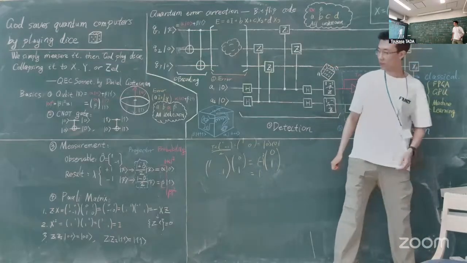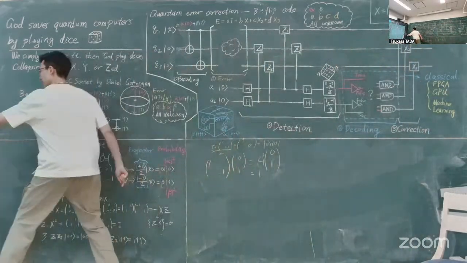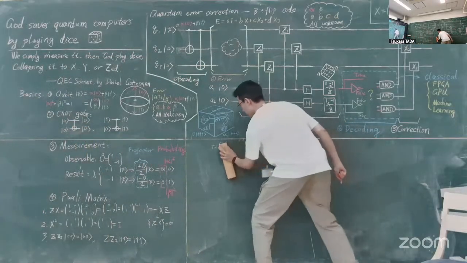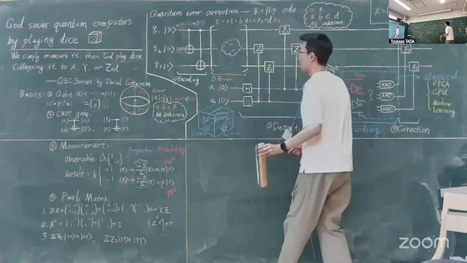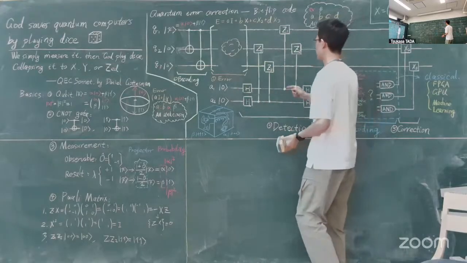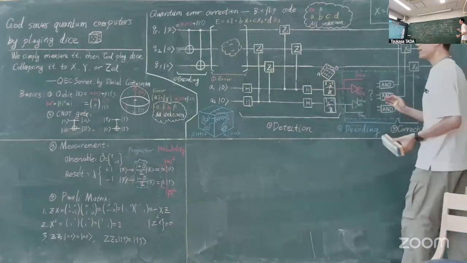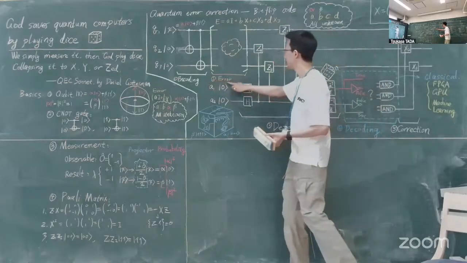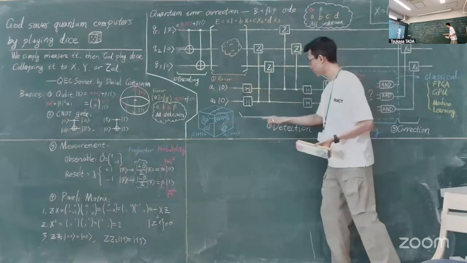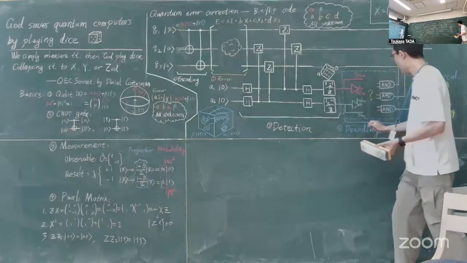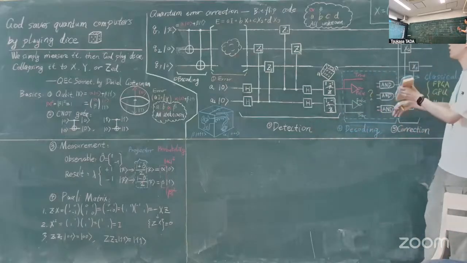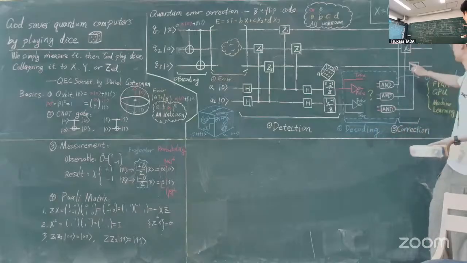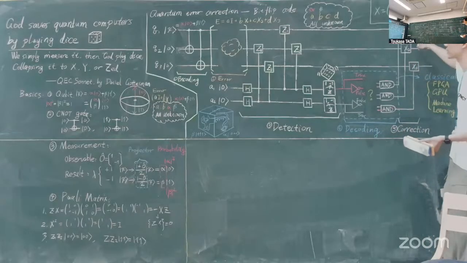So this is the basic effect of the mechanics that I will use today. Okay, so now let's look at what happens in this whole quantum circuit. It includes 5 basic steps, including the decoding. The error happens. Then we have to detect the error, the detection, and the decoding process to find what exactly the error is. And then we perform the correction by some gates.